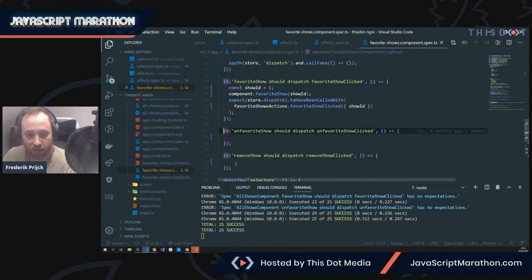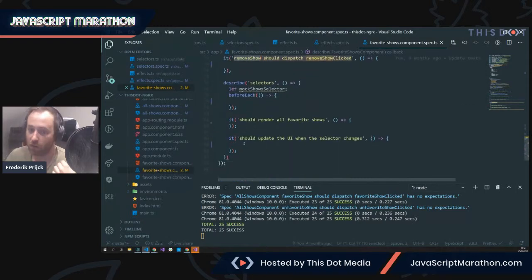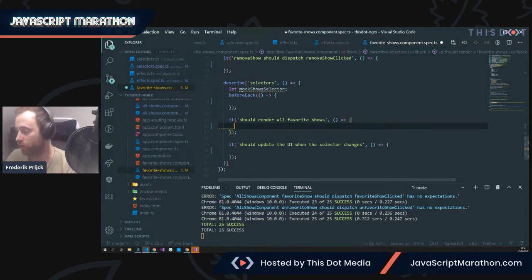So the unfavorite and remove show are identical. And then I want to add one more thing to my demo that I think is very interesting to know, and that is whenever your component, in this case favorite shows, is using a selector. We have something cool in NgRx that allows us to modify that selector, because a selector is actually a subset